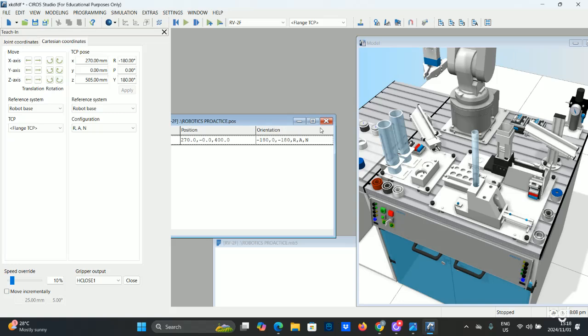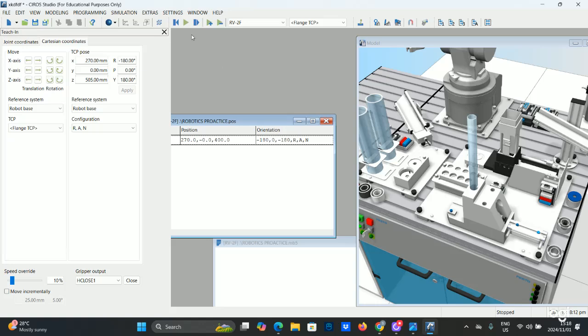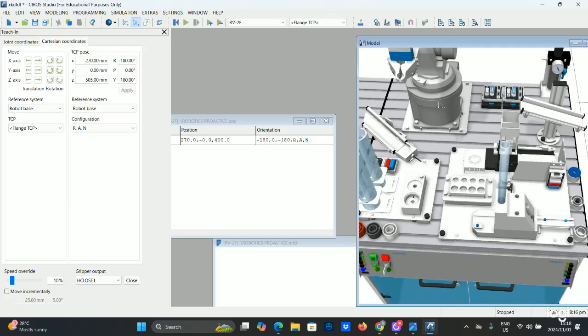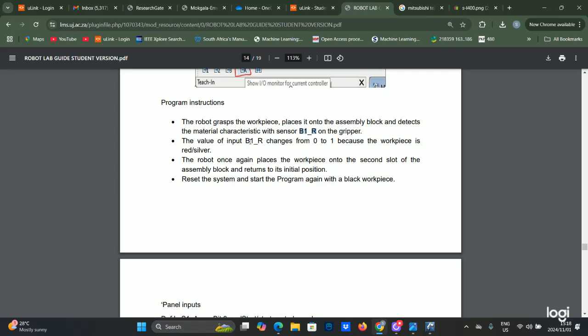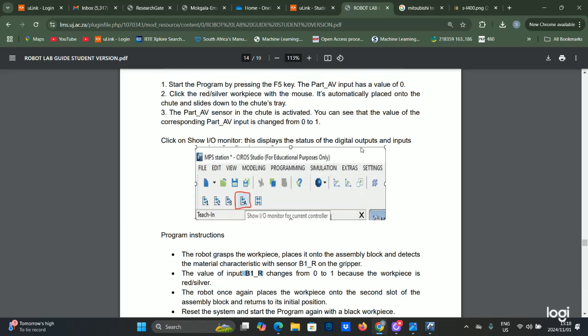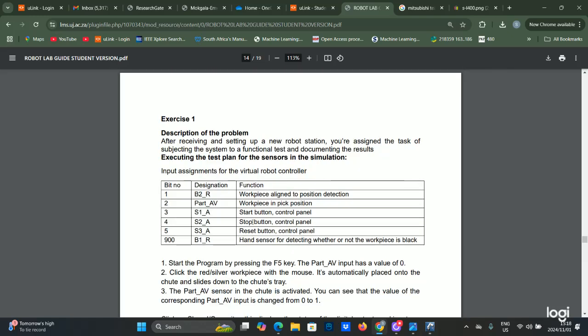So from the instructions, they are saying we need to take the workpiece to the assembly block where we'll be testing its material composition. The sensor that's going to be used to test material composition is the P1_R sensor. And if you look here, we've been given other sensors as well. So now what we'll do,